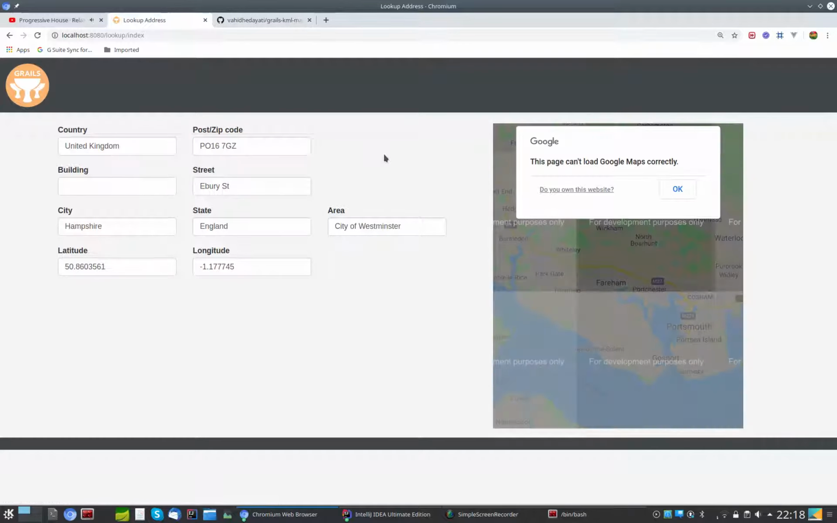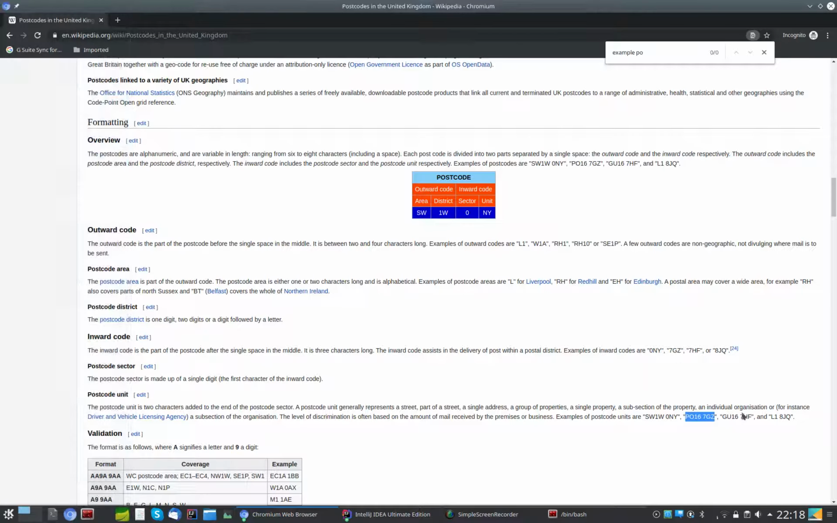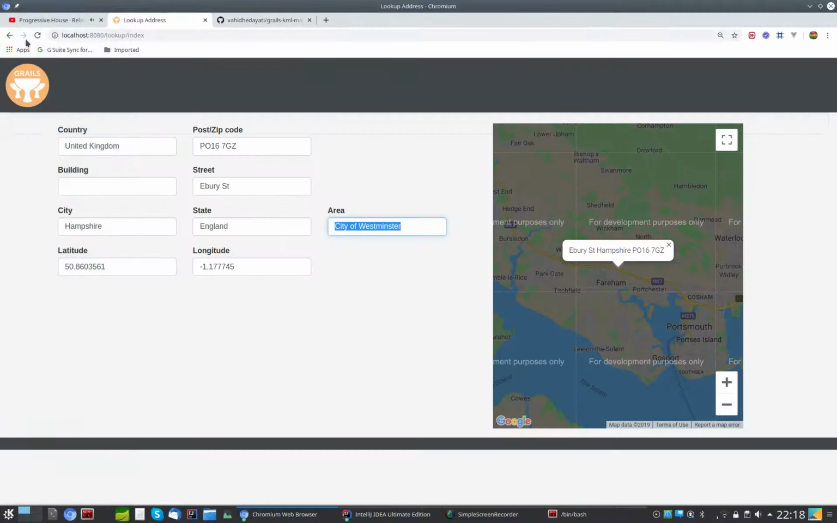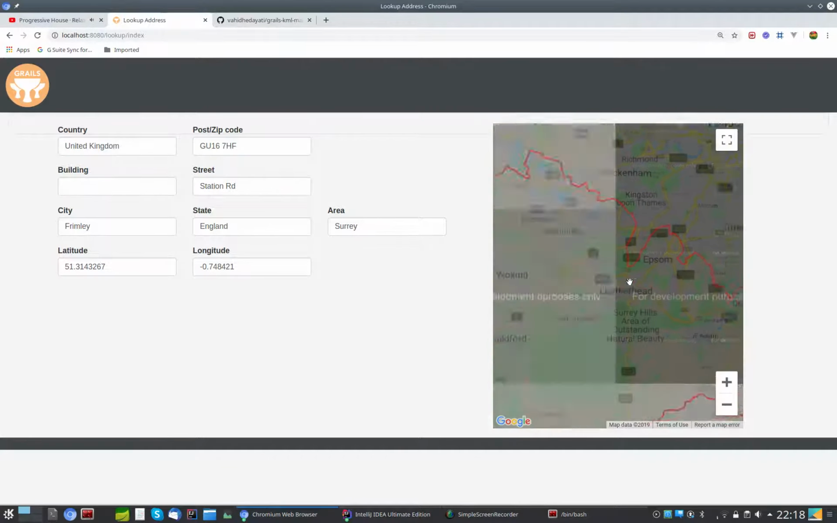Put in another postcode. We end up at Ebury Street, Hampshire, but we don't seem to have a KML file for it, so it's just given us a location, and this hasn't got updated. If we did a refresh, that would be blank, so we couldn't find an area for it. Put another area in. This has got an area, sorry. You can see there it's got updated,